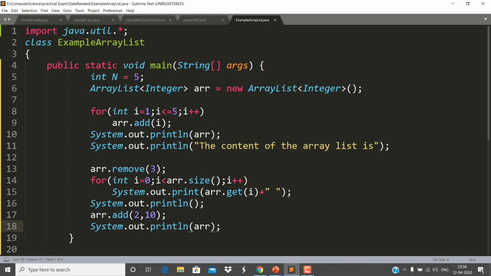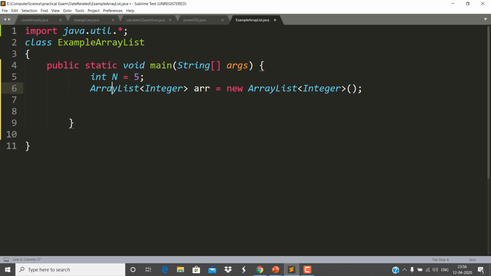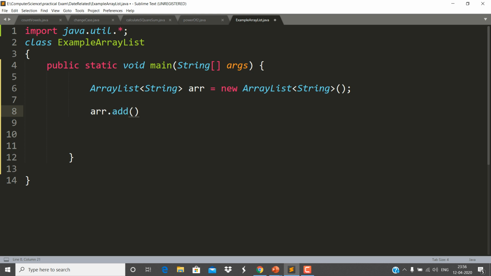Now here suppose I would like to create an ArrayList with a String. So what are the changes needed here? The changes which are needed are, in place of Integer you should write String, and here again you should write String, and here I don't want to take this n now. Here I would like to add some names. Suppose here it is first object, arr.add,